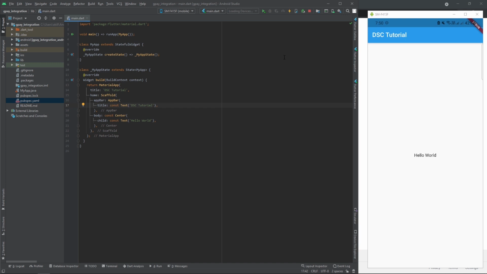Flutter has also integrated the Google Pay plugin. So today we will see how to integrate Google Pay for Android and iOS. Currently we are doing it for an Android phone, so we will see how to implement this. First, I have created a basic Flutter app, so you can see the output too.